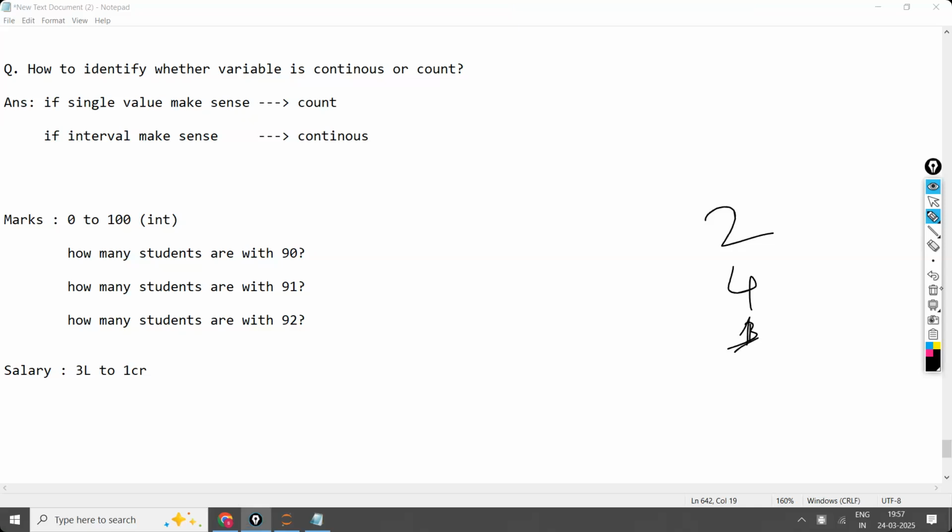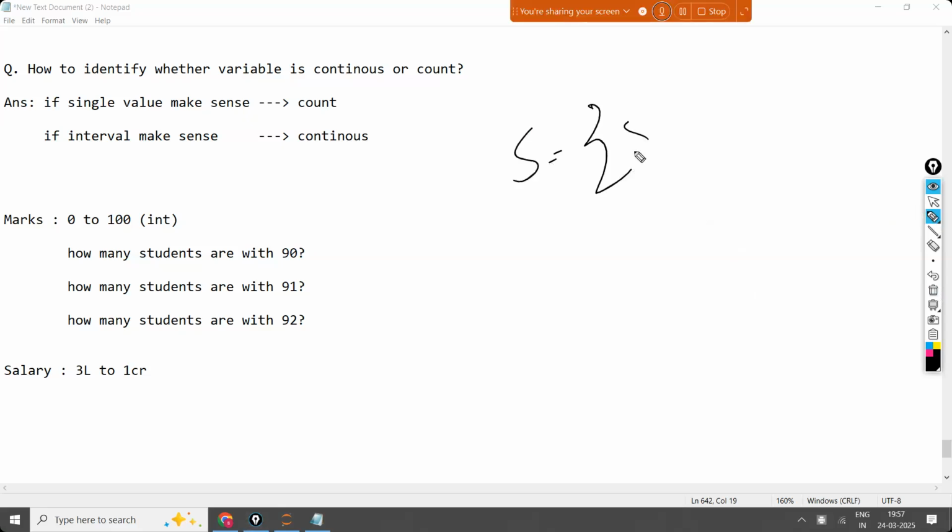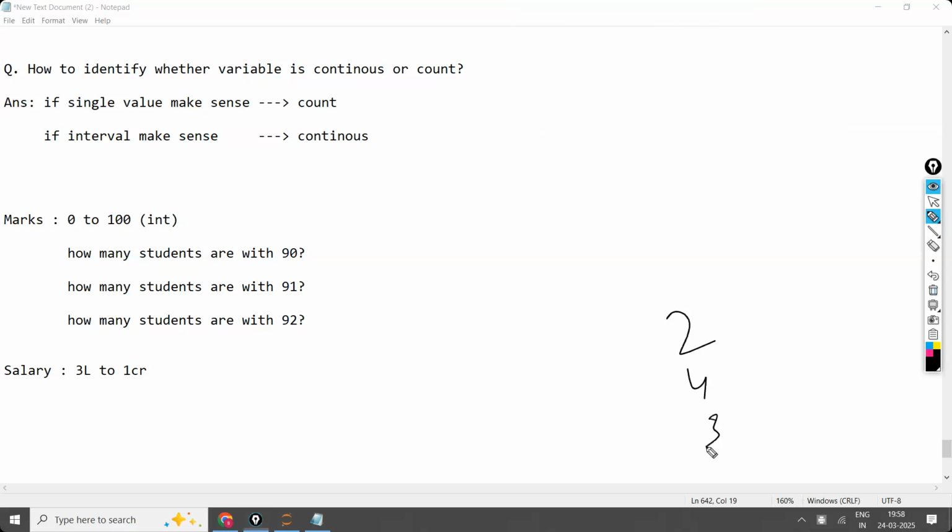With one example, don't confirm anything. Do you remember, in the set also, I told that if you have 1, 2, 4, 3, 5, in the back end how it is going to store is 1, 2, 3, 4, 5. Sir, it is storing in ascending order. For one example, you will decide. Take one more example. Why it is not working? Don't decide based on one example. Is the point clear? So if I take 2, 4, 3 and explain, then you will not find the difference between count versus continuous also.